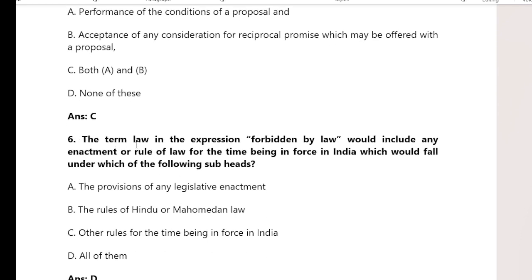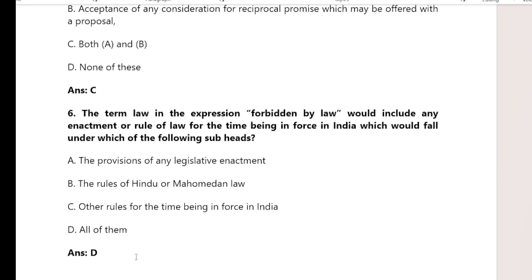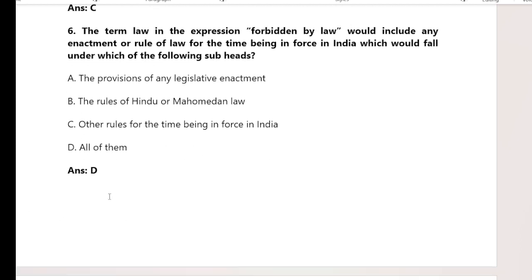And the next question is the term law in expression forbidden by law would include any enactment or rule of law for the time being in force in India which would fall under which of the following subheads। Option A the provision of any legislative enactment, option B rule of Hindu and Mohammedan law, and option C other rule for the time being in force in India, and option D is all of them। The right answer is all of them।